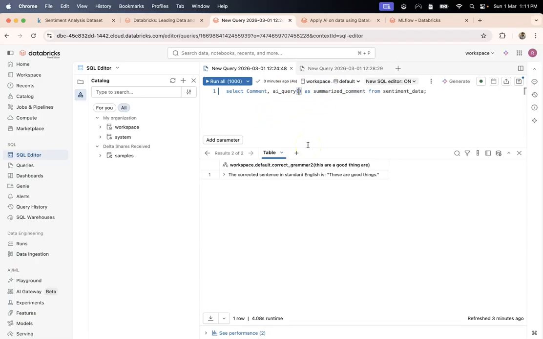Now AI query is a really complex function. The reason I'm saying it is complex is because it can do pretty much everything that we have covered so far. Plus, you can customize it for your own need. So there are two arguments, which you can say are compulsory. There are other arguments as well, for example response type, response format, things like that. And you see how response format might be used to get structured extraction from a piece of text.